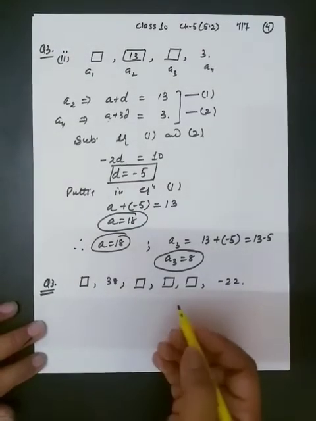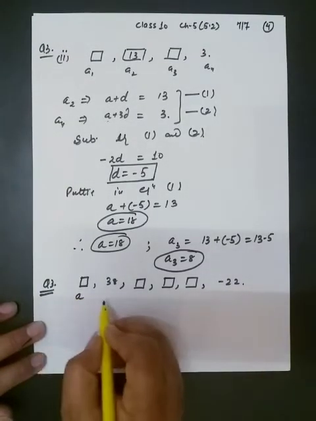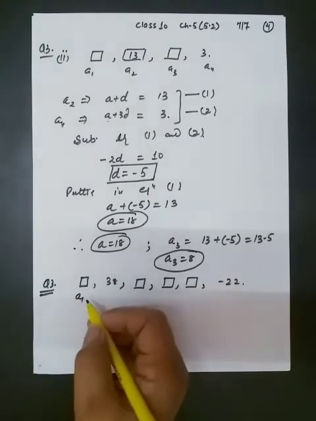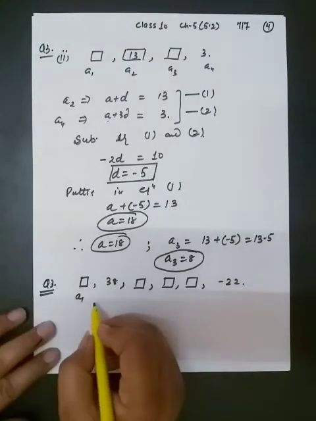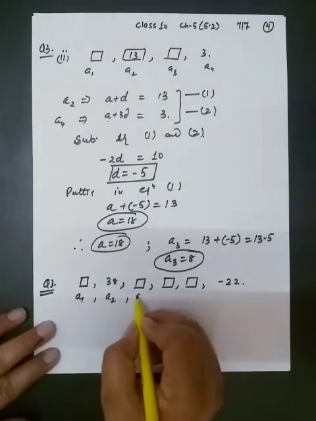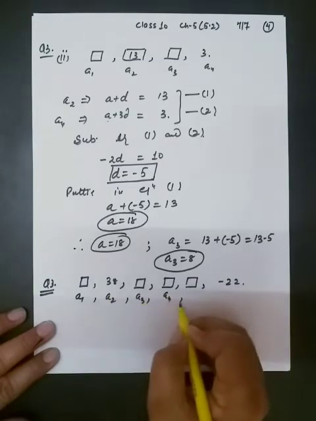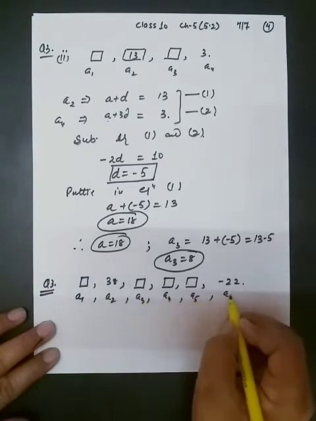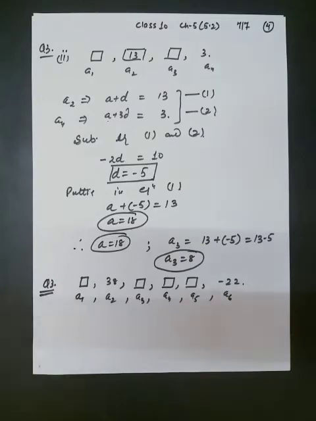See, in the above question the missing terms are: the first term is missing. First term, beta, we also call A1 and also A. The second term is given, third term missing, fourth term missing, fifth term missing and sixth term is given. Always remember, if in an AP we know the first term and common difference, then we can find any term of the given AP by using the formula AN is equal to A plus N minus 1 into D.